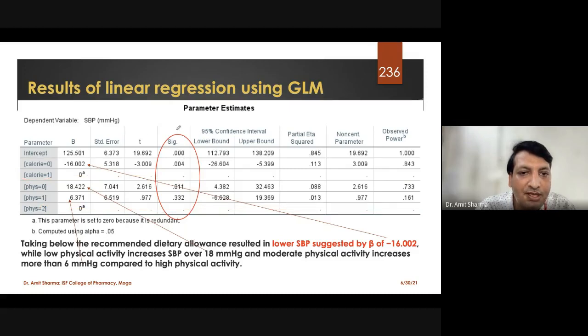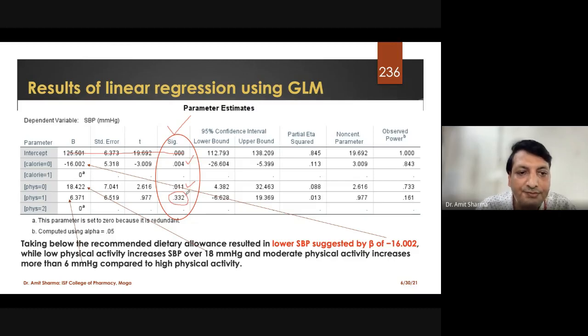Now how to compare? You can see the significant value we have to refer to, and we have to find out which is less than 0.05. The intercept we will not consider. This value was found less than 0.05, it is okay. This value is less than 0.05, this is also okay. But this value is more than 0.05.